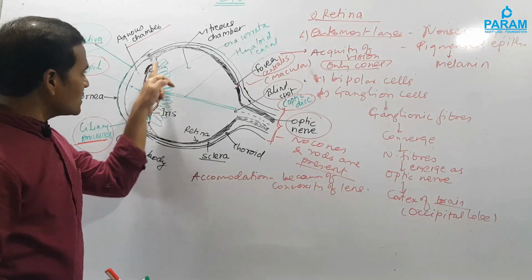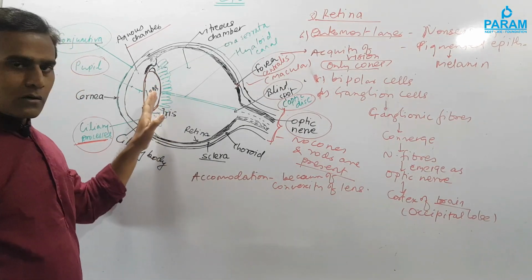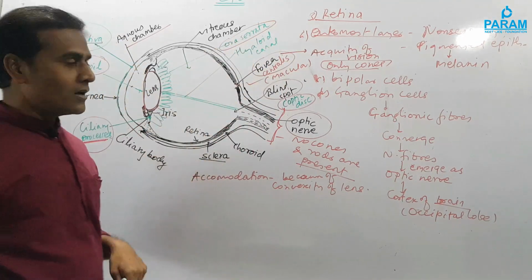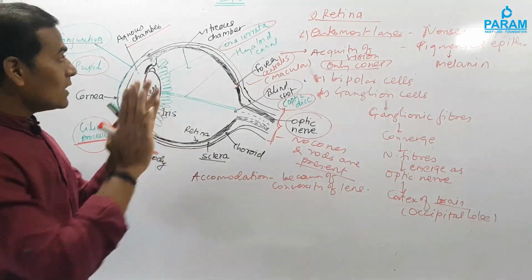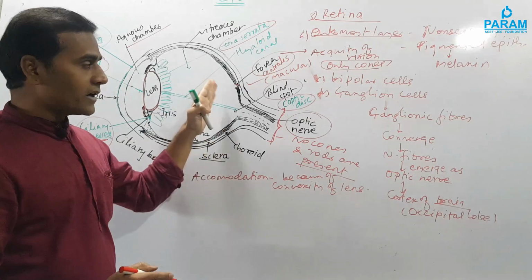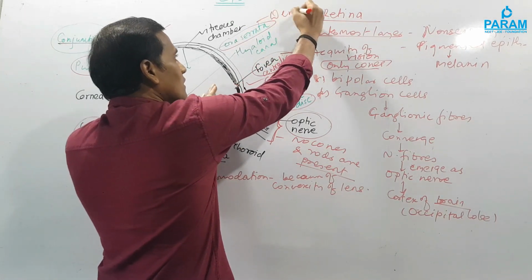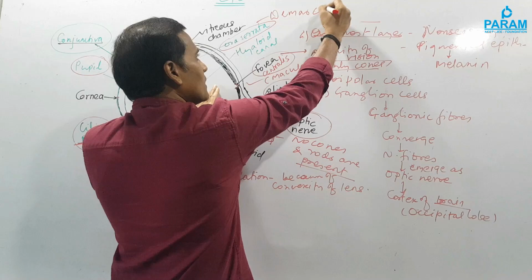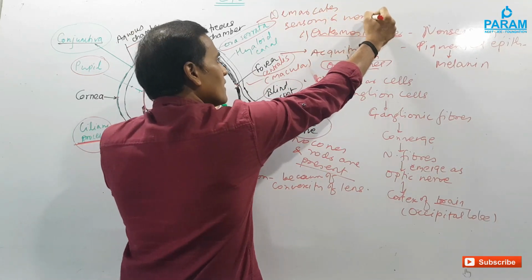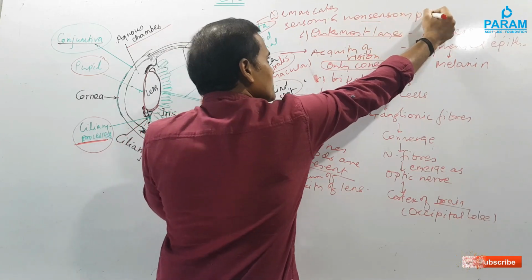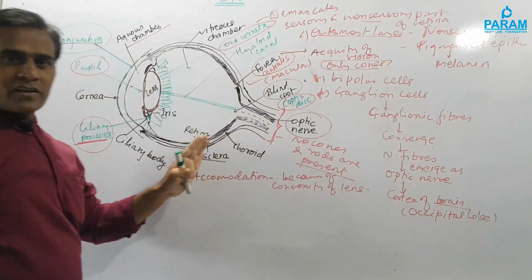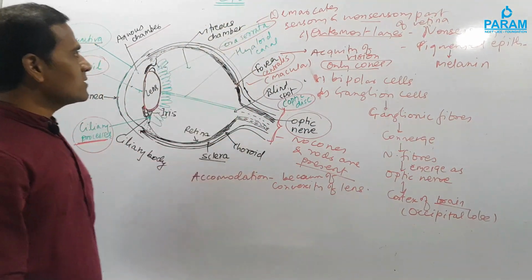One more thing, some region is teeth like region which is present, it is the internal structure of eye. So some teeth like region present in contact with lens, and that is termed as your ora serrata. What is the function of ora serrata? Ora serrata demarcates the sensory and non-sensory part of your retina. That is about ora serrata. Though it is not explained in NCERT, just for sake of knowledge, understand this.